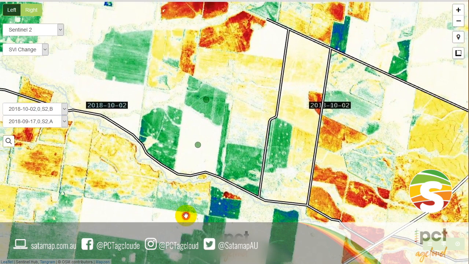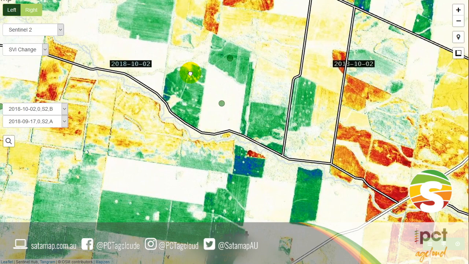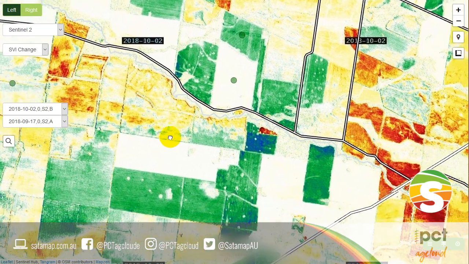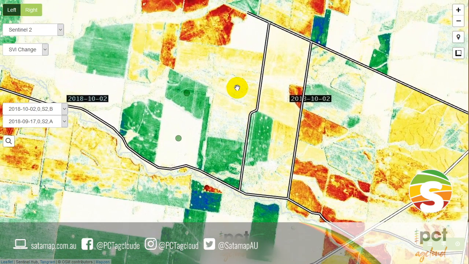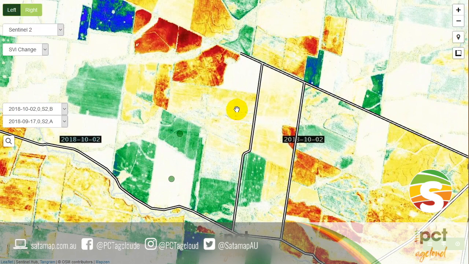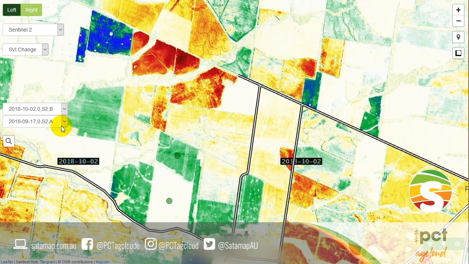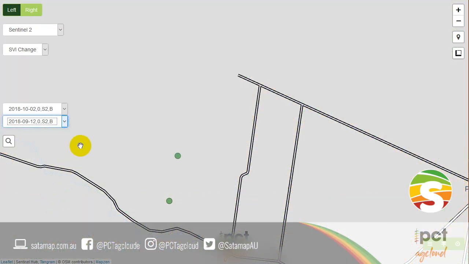Okay, so the greens and blues are a positive change in the SVI value, and the yellows down to reds are a negative change. So what we're seeing here is some crops are still actively growing and accumulating biomass, like I said, your greens and blues, and others are actually where the active growing green biomass is decreasing. And that's right, because I know I've been out and looked at some of these crops on the ground, and they are actually turning, getting ready for harvest. If we just go back a little bit further with our base image,